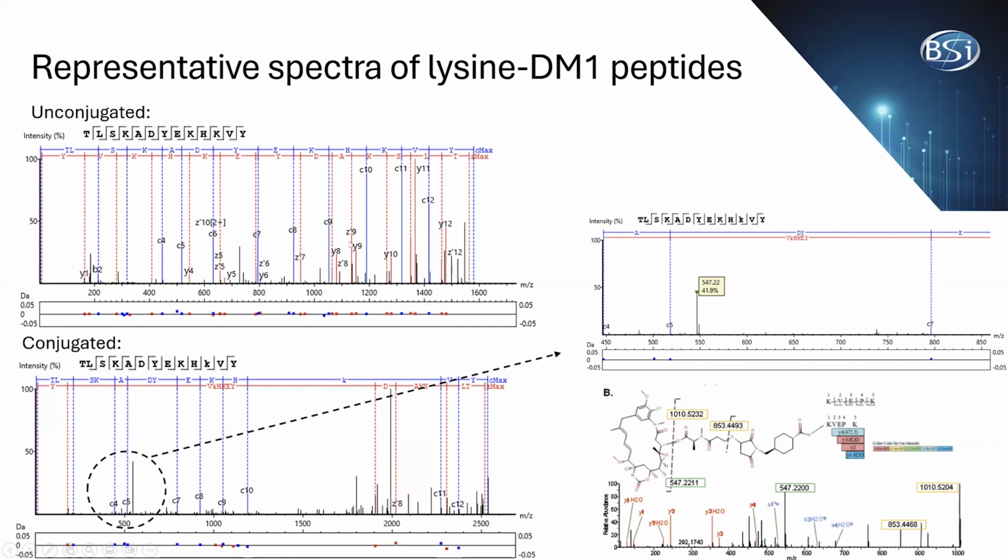is the conjugation site since we have evidence from peptide backbone fragmentation, fragment ions to support that. And also as further proof that this is the conjugated form, at the MS2 level, we also get fragmentation of that linker and DM1 molecule. And so we can look for these kind of signature ions that are associated with this modification. And here we can see a fragment ion peak at 547 Daltons, which corresponds to the drug portion of this